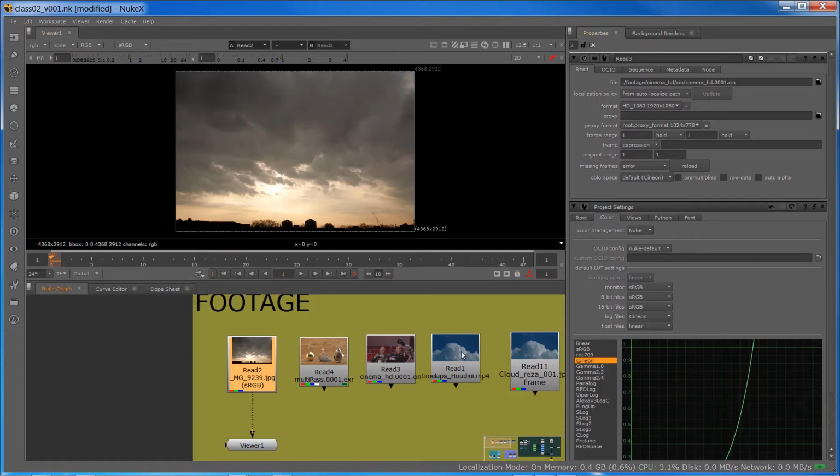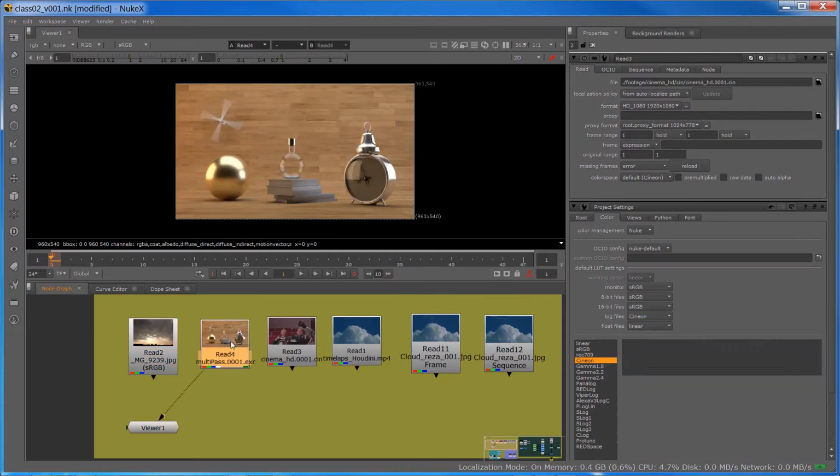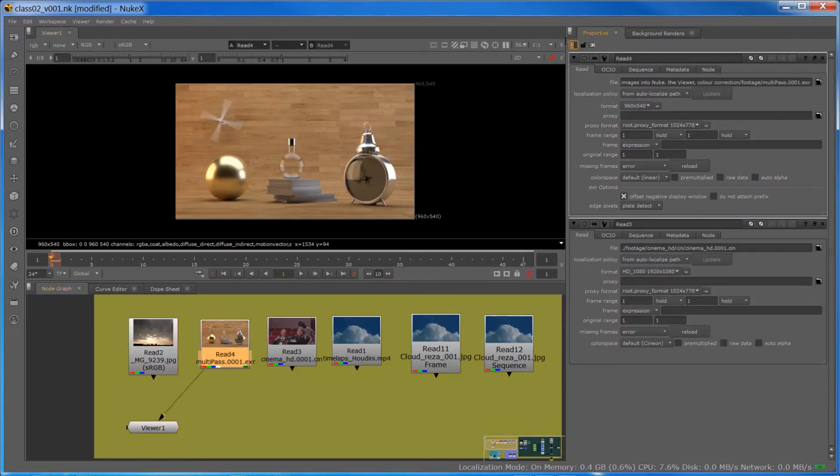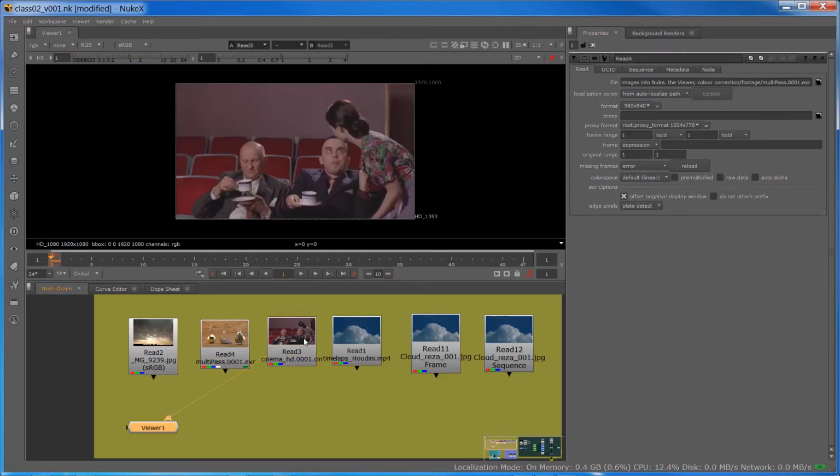Now, once we understand that, you can see we can import a variety of lookup tables or color spaces. So this is a low dynamic sRGB, and this is high dynamic linear, which I rendered out of Maya. It's an EXR file, and EXR files are more than capable of storing more information. A typical Cineon file,